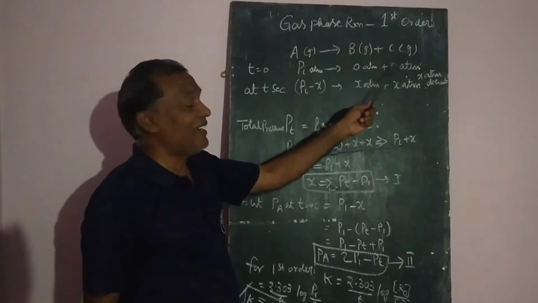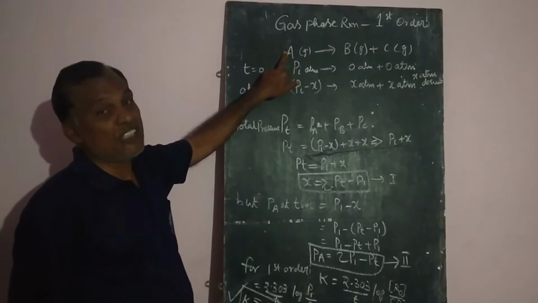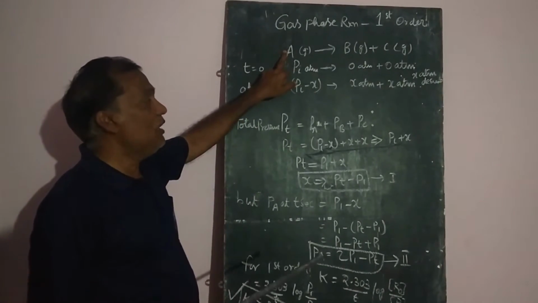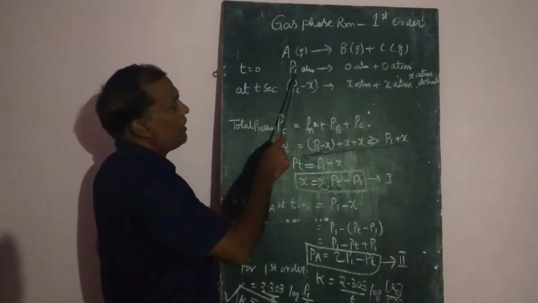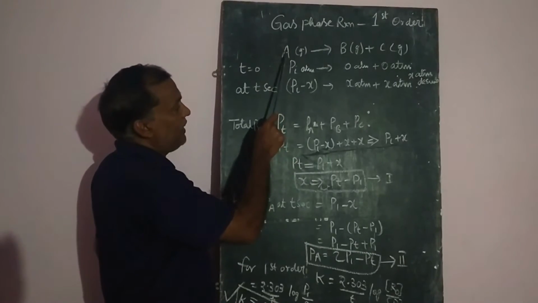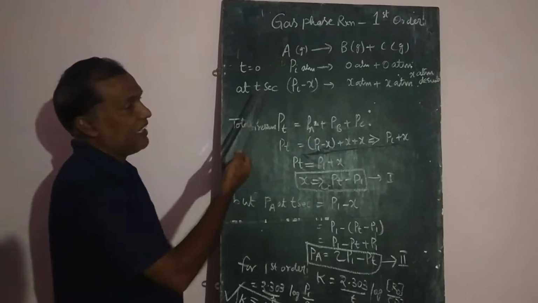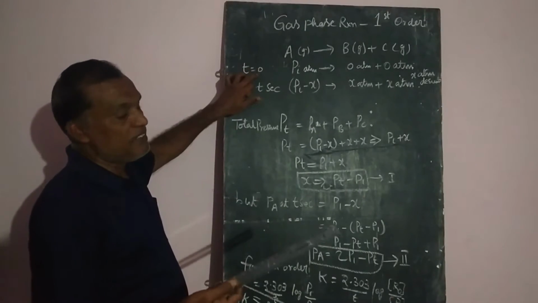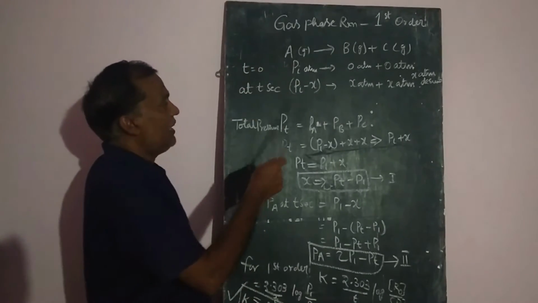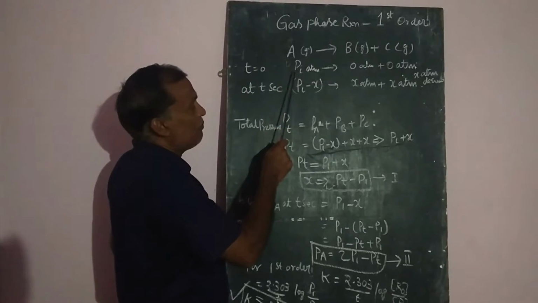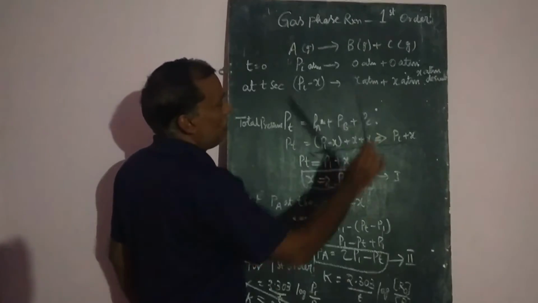So these three are in the gaseous state. If they are in the gaseous state, then we will take their pressures, the partial pressures of the particular gases. Let us take Pi. P1 is the atmospheric pressure of the component, reactant A, in the beginning of the reaction, that is at time t equal to 0, that means time has not started at all. In the beginning of the reaction, gas A has the pressure P1. The other two are at 0 atmospheric pressure.